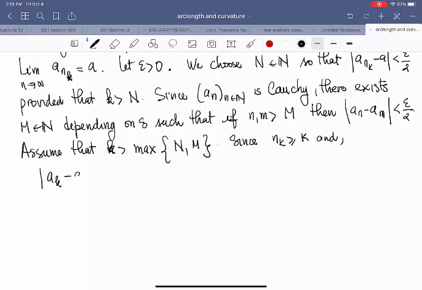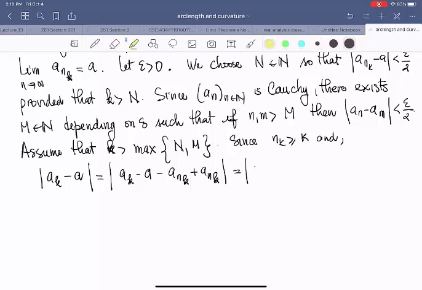Then we'll have a_k minus A. This will be a_k minus A minus a_{n_k} plus a_{n_k}. So we rearrange things a little bit, and again it's the same old trick, rewriting 0 in a clever way. So we get a_k minus a_{n_k}, plus a_{n_k} minus A. There you go. And then by the triangle inequality,